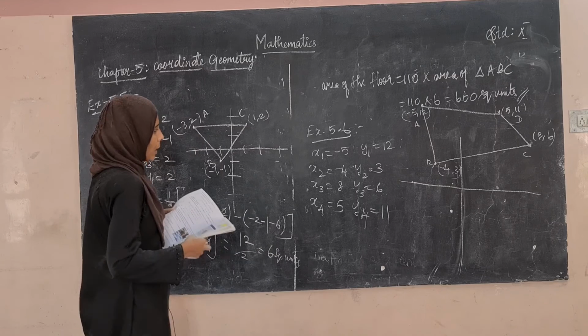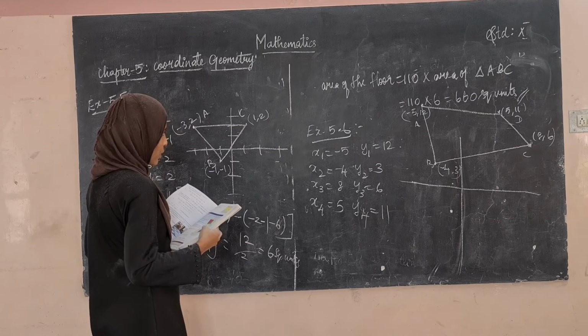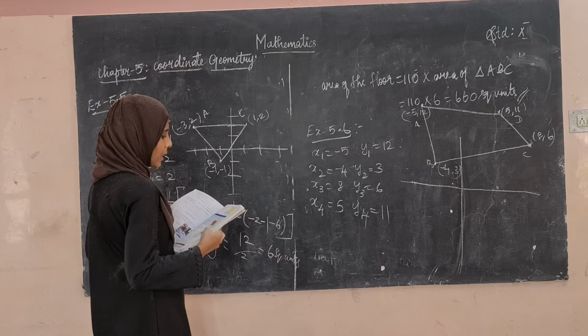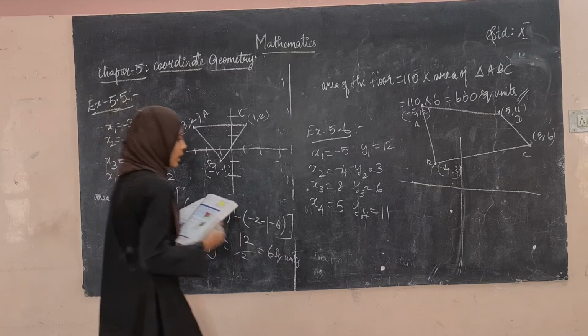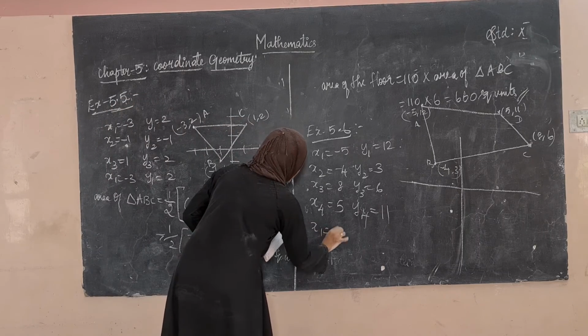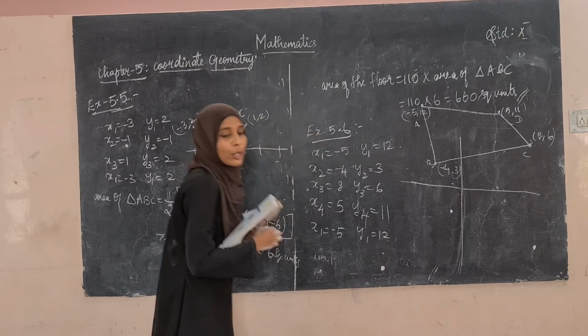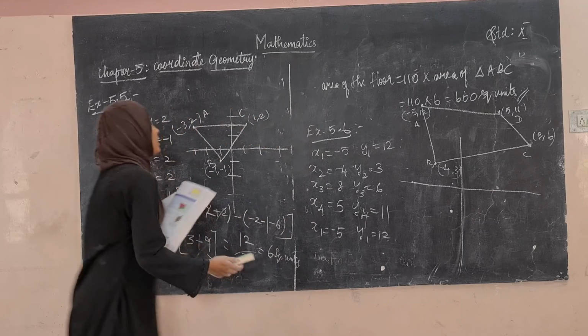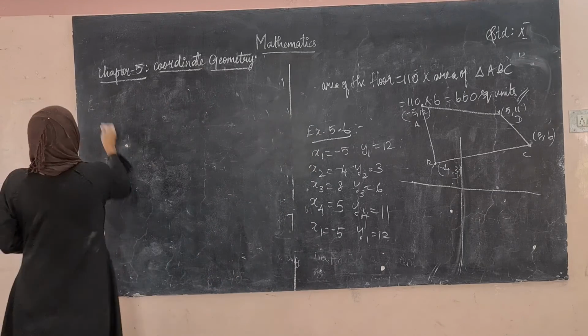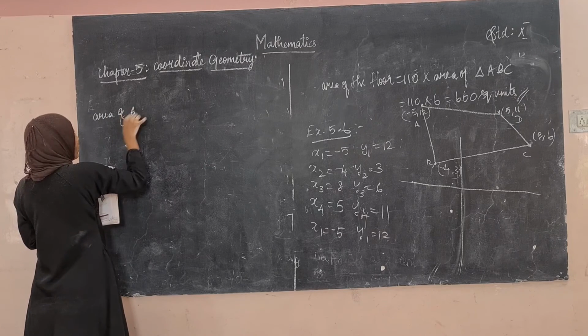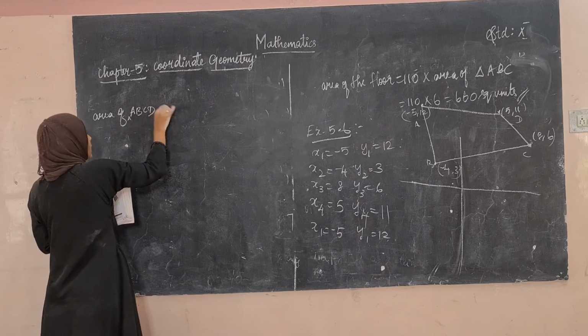Okay, so we have marked here minus 5, 12, minus 4, 3, 8, 6 and 5, 11. So again x1 is equal to minus 5, y1 is equal to 12. So we are going to find the area of quadrilateral. So area of quadrilateral ABCD, you have to write quadrilateral, is equal to